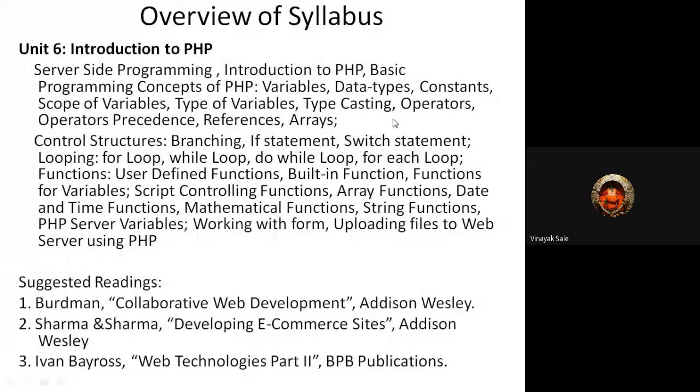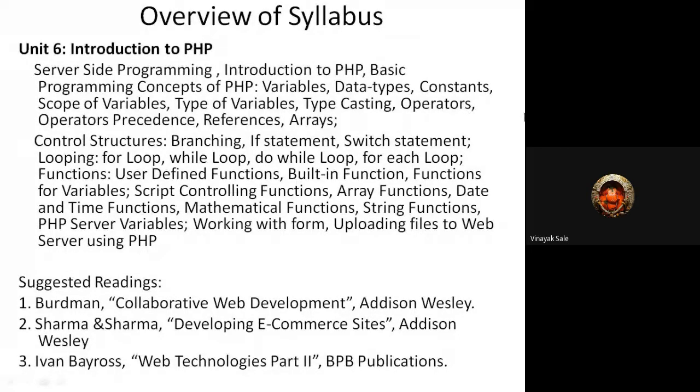Control structures, branching, if statement, switch statement, loopings, that is for loop, while loop, do while loop, foreach loop, functions, user defined functions, built-in functions, functions for variables, array functions, date and time functions, mathematical functions, string functions, PHP server variables, working with form, uploading files to web server using PHP.